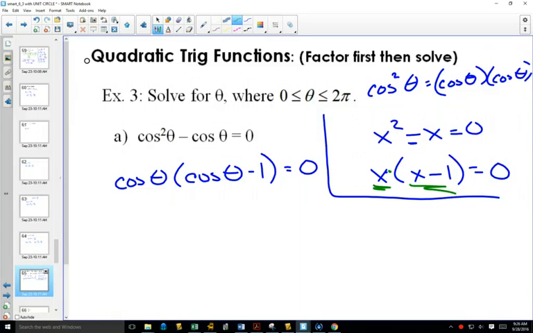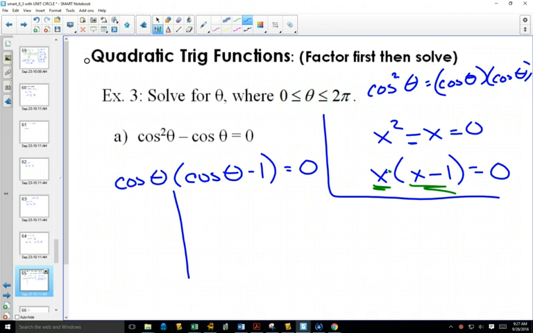So if the first one is 0, in this example, x would have to be 0. If the second one is 0, x would have to be 1. And that's the reason we factor to solve, because we change something into multiplying to equal 0, and when you multiply to equal 0, one of those factors has to be 0. Whereas before, adding or subtracting doesn't help you, because there are so many different things that add or subtract to equal 0. So you don't know what they are for sure. But as soon as you're multiplying to equal 0, you know that either